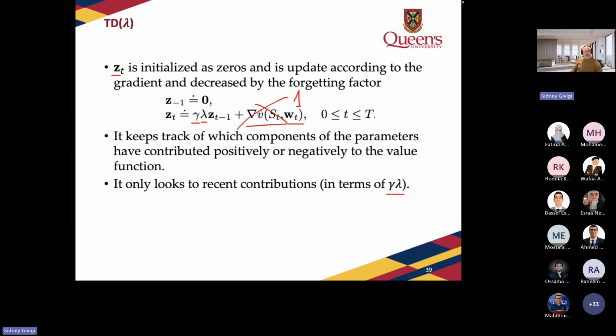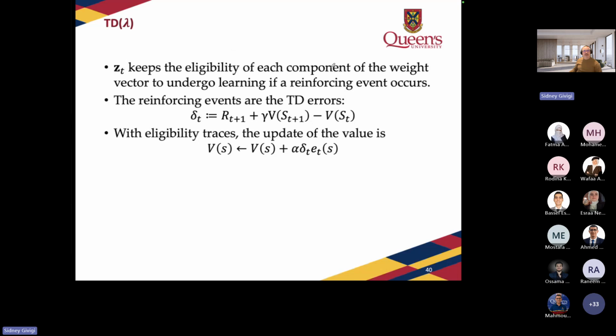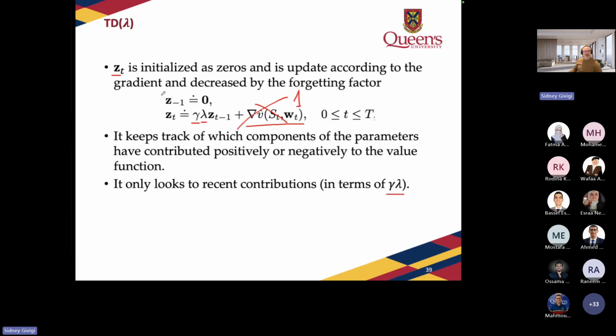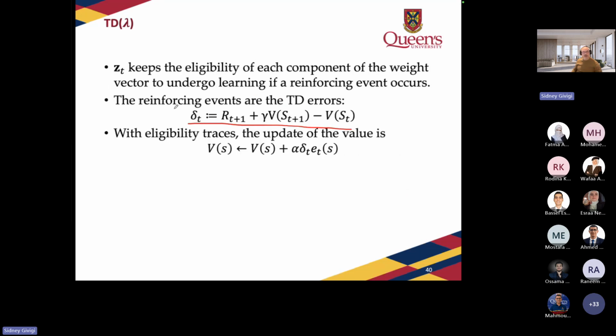This vector here is going to keep the eligibility of each one of these components into the weights, right? So if we're using the TD error, we are going to calculate what the TD error is, and then multiply this by the eligibility traces, right? And the eligibility traces, like E here, is going to be represented as the Z. Recall that before I said that when we have a table, we call this E, okay? But it's the same idea. So one is just the generalization of the other.